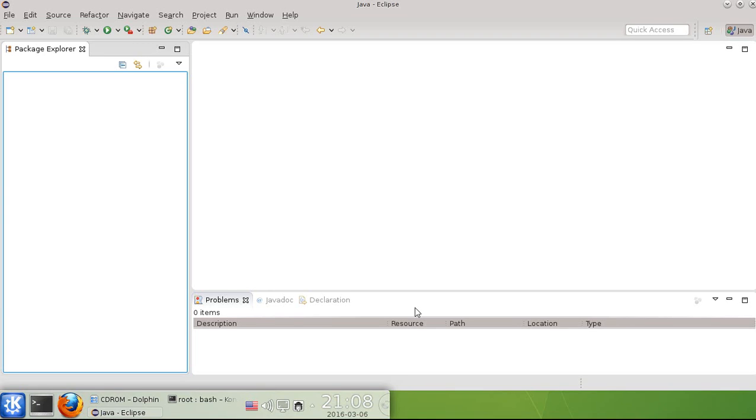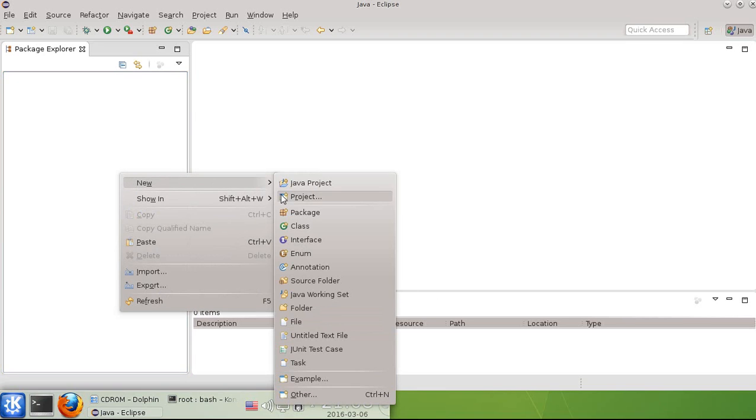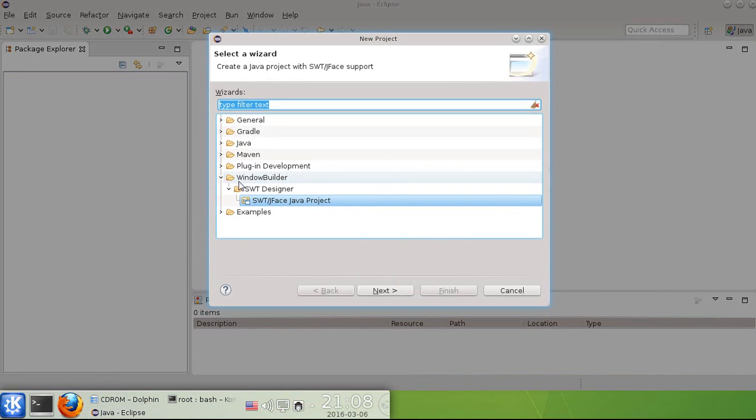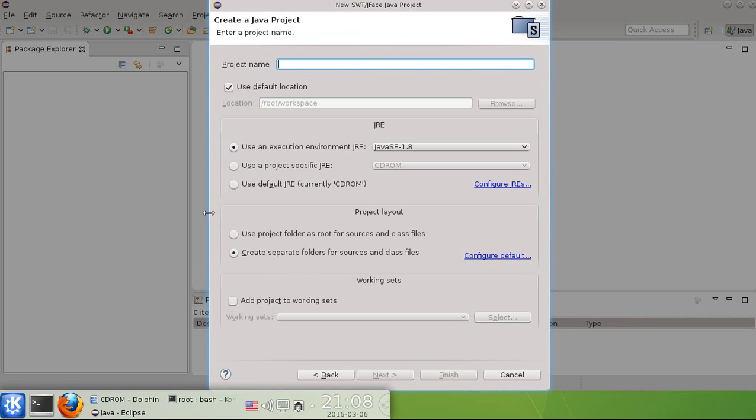In this demo, we'd like to implement a simple Linux application which will display the output of a command such as process state. So I have here started Eclipse, and I will start by creating a new project, and because I've installed previously the Window Builder plugin, now I'm able to create an SWT, which is the Standard Widget Toolkit project. So let's just give it a name, such as process table,